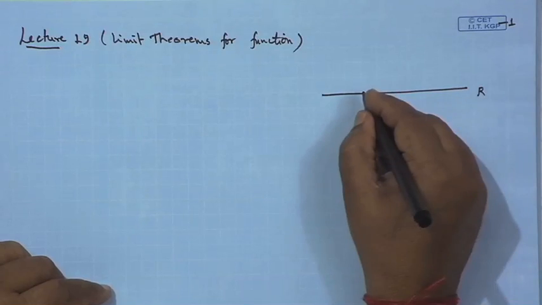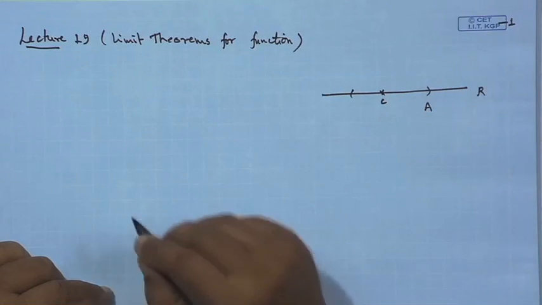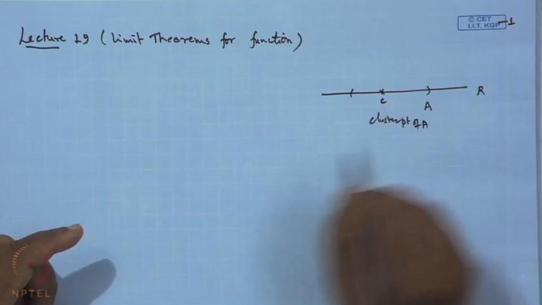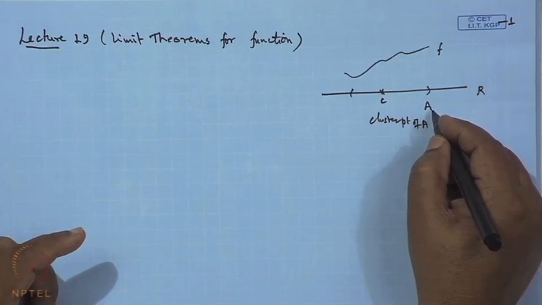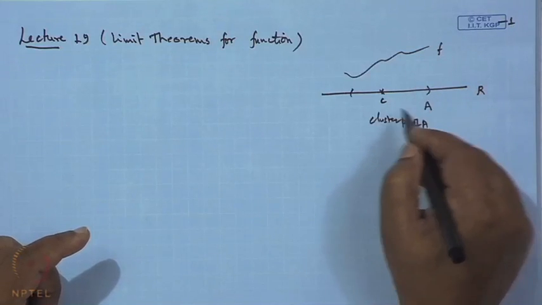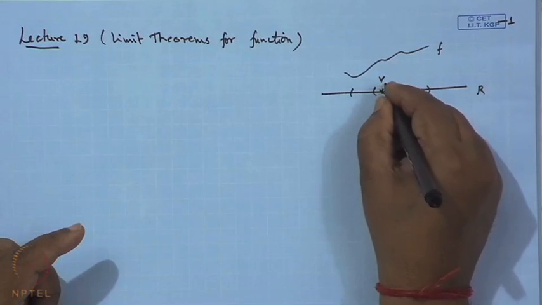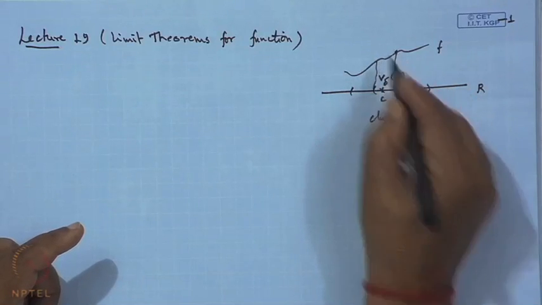So, in the last lecture we were discussing the boundedness of a function in the neighborhood of a point. We have seen that if R is the real line and A is a subset of R, and C is a point in R which is a cluster point of A, and the function f is defined on this set A, which is a subset of R, then we say the function f is bounded in the neighborhood of the point C if there exists a delta neighborhood V delta of C and a constant m such that the values of the function